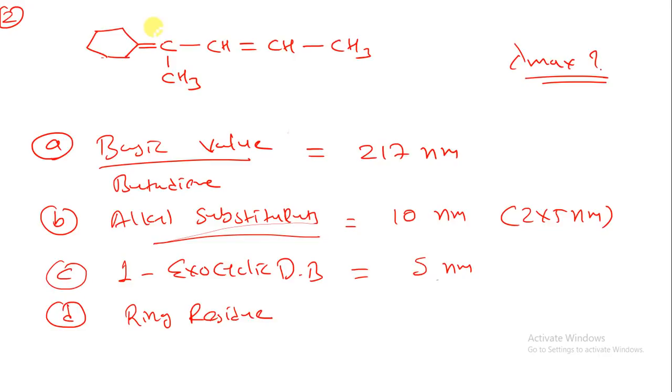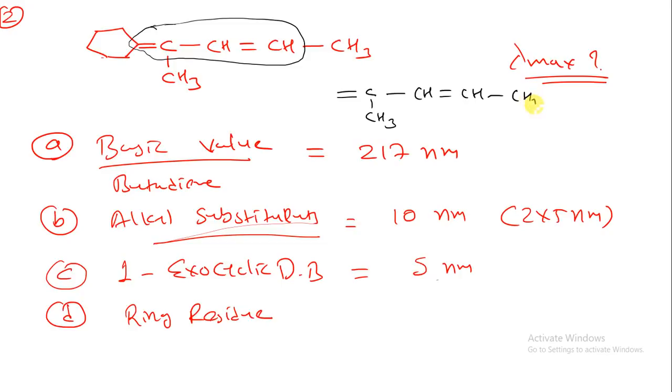Now what is ring residue? Now you have to consider this is our parent chain. If there is any ring residue, it means if this double bond is attached with these two carbon atoms. Suppose I cut this chain, and suppose I have this type of chain over here, CCH3, CH double bond CH and CCH3. Suppose I cut down over here, so there are two possibilities. First one, there is one carbon over here. Second one, this second carbon over here. So there are two ring residues: first this carbon atom and second this carbon atom.